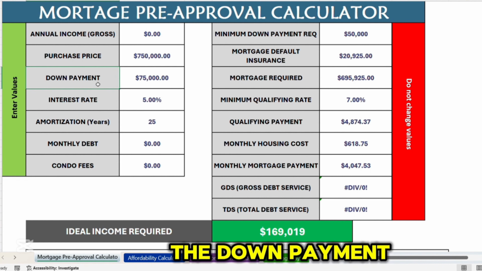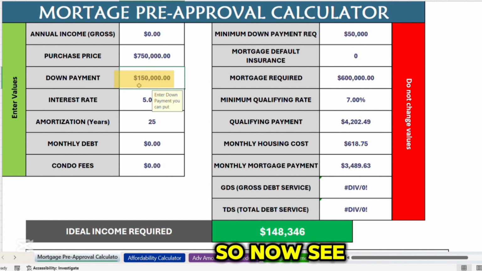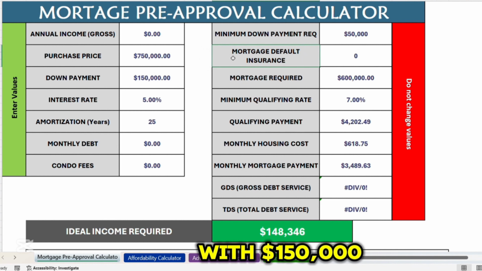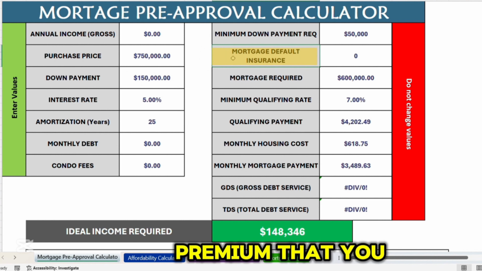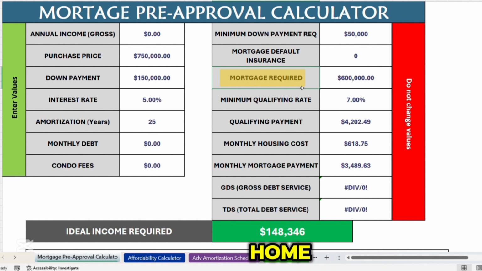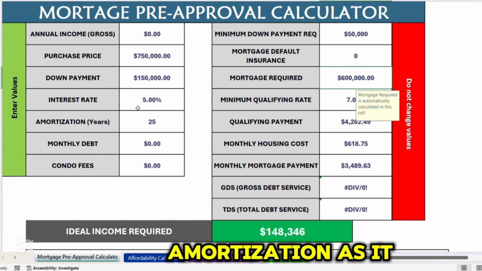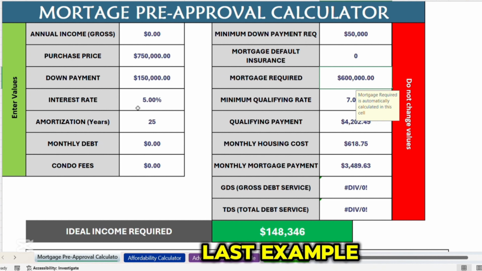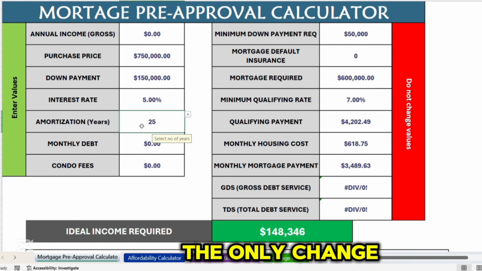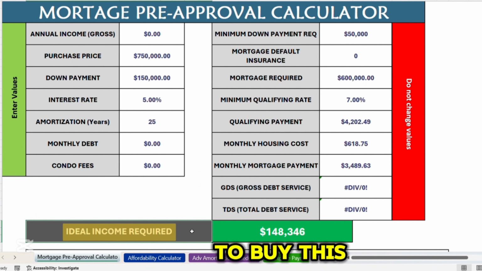So here in the down payment, I am assuming that we are putting actually 20% down, that is $150,000. So now see, with $150,000, there is no mortgage default insurance premium that you need to pay. And the mortgage that you require to buy this home is $600,000. I'm keeping the interest rate and the amortization as it is as per the last example. So now with the only change in the down payment, you can see the ideal income that we need to buy this home is